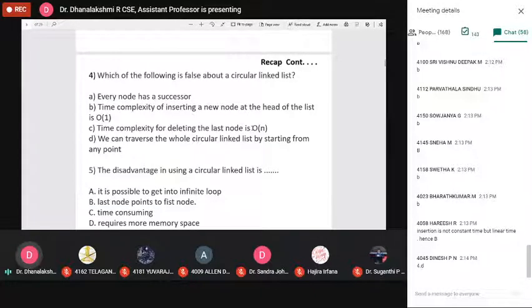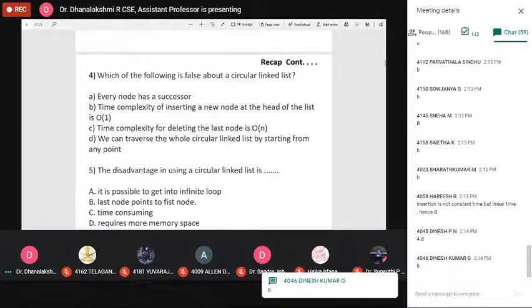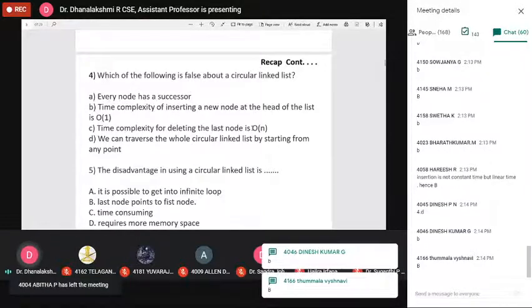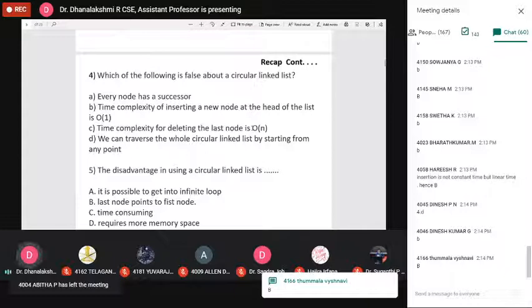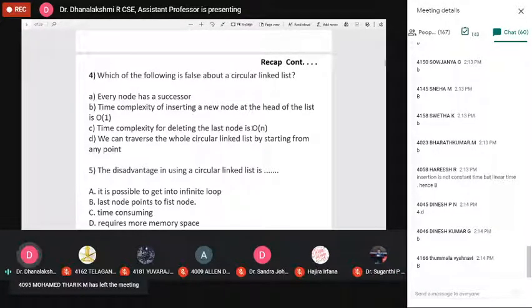What is D? We can traverse the whole circular linked list by starting from any point. But here, which is false about the circular linked list? That's why I explained big O of 1 and n. Okay, no problem. The answer for this fourth one is B: the time complexity of inserting a node at the head of the list is big O of n, not 1.